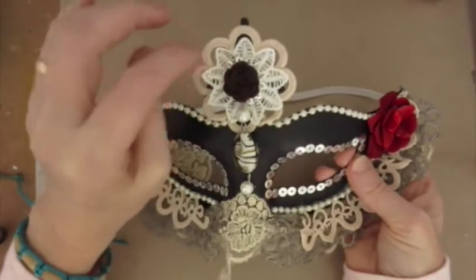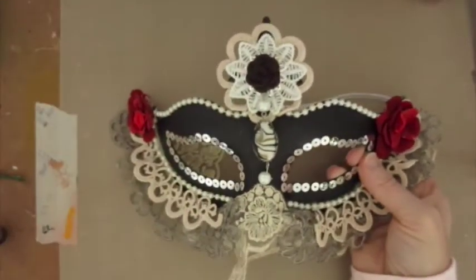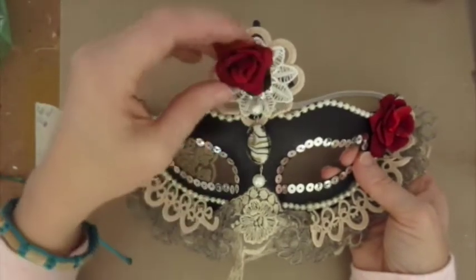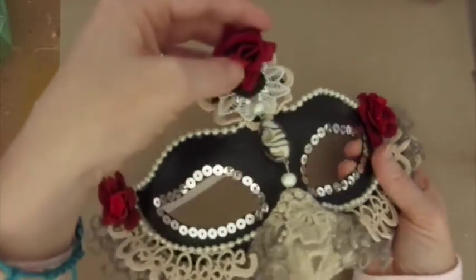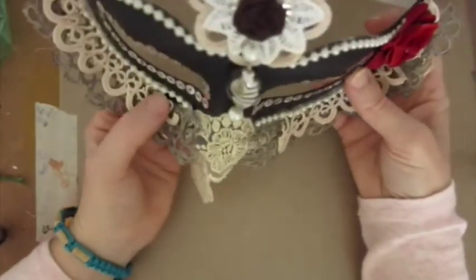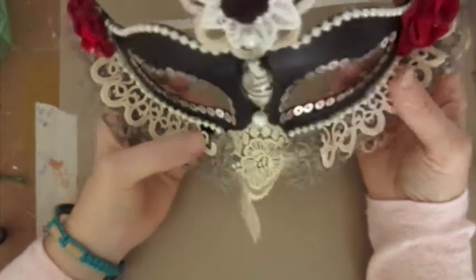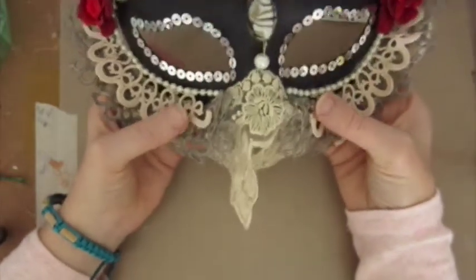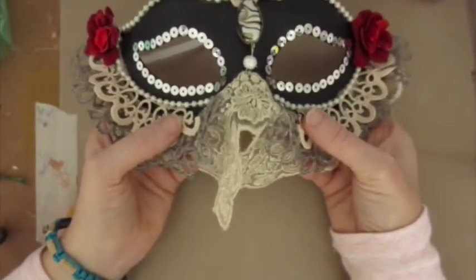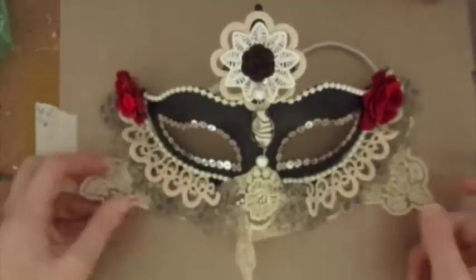There's a couple of things that I wished, you know, that I'd used the red rose there instead of the brown, but it just would have fitted in a little bit better. I was just making use of the things that I had on hand, so if I was going to do it again, I'd like to have some black lace and things like that, but you know, it is what it is,